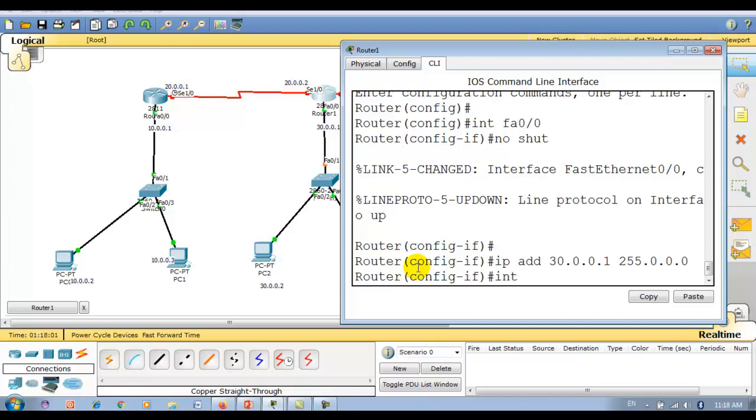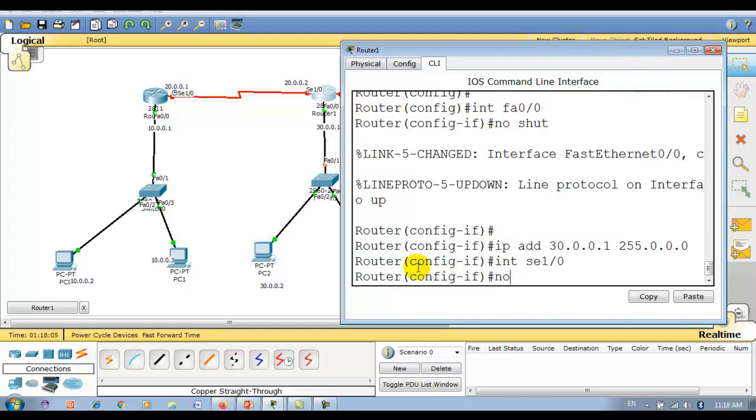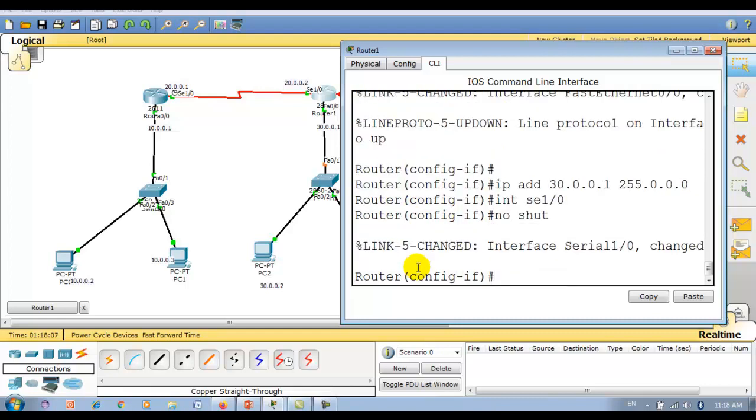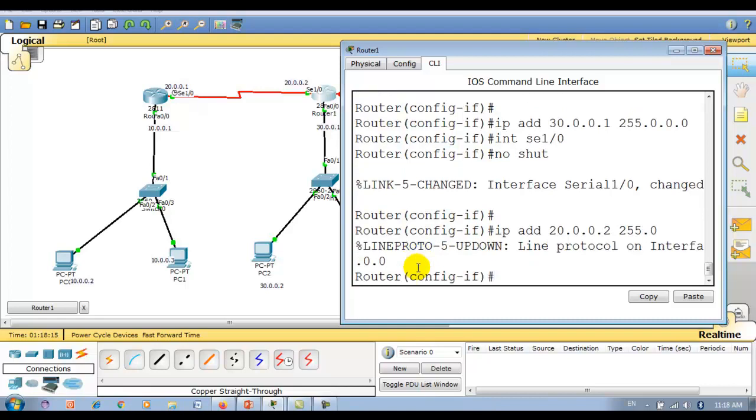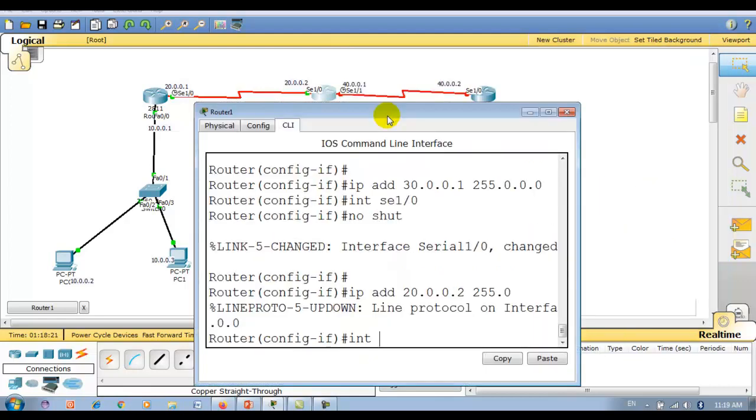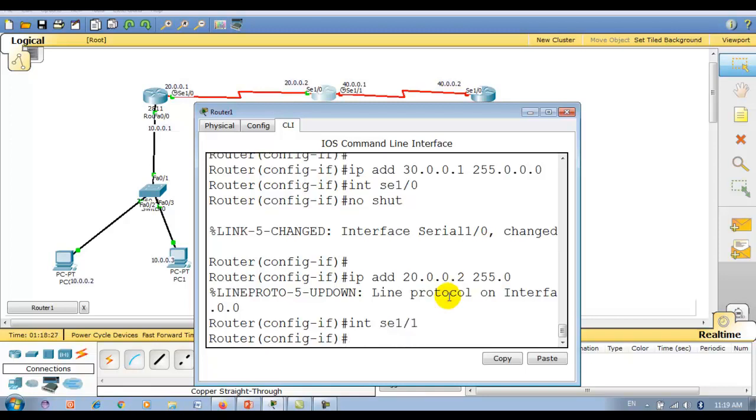Now interface left side SE1/0, no shut, IP address 20.0.0.2, 255.0.0.0. Now interface right side SE1/1, no shut.